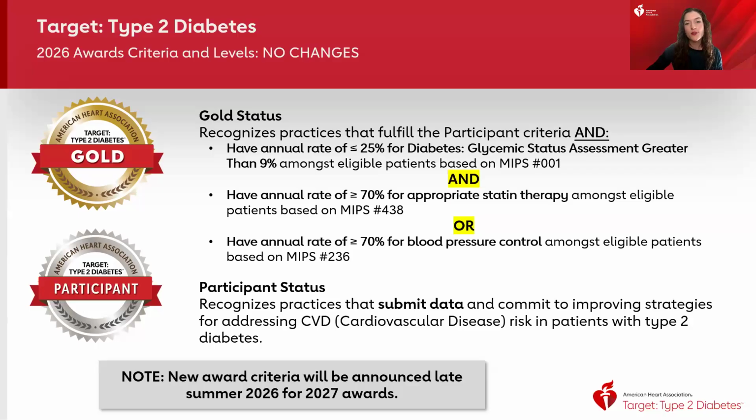I will note that following this data submission cycle, we will be evaluating the performance on those new evidence-based activities pillars and determining updates to our award criteria. We look forward to announcing that this summer, but those awards won't go into effect until next year's data submission cycle. So they won't affect the data that you're submitting now. We're just going to learn from that data and use it to improve our awards for 2027.